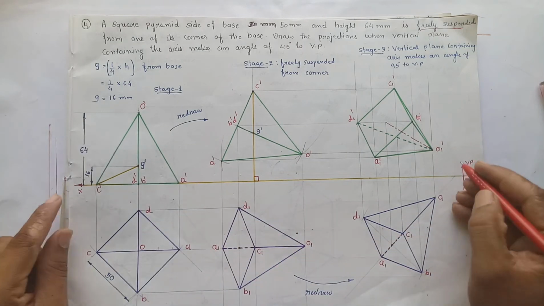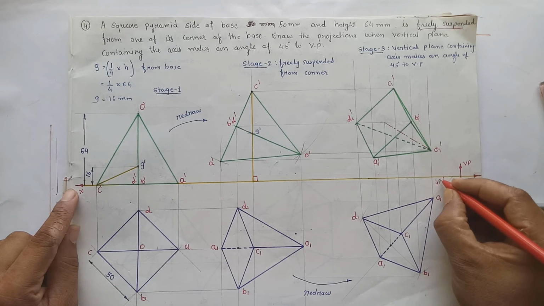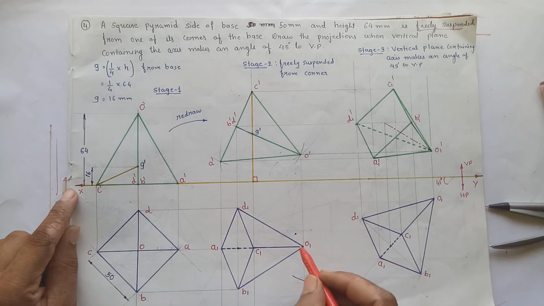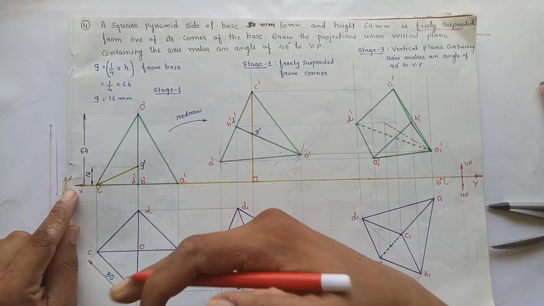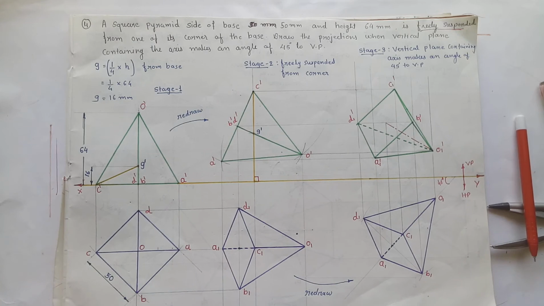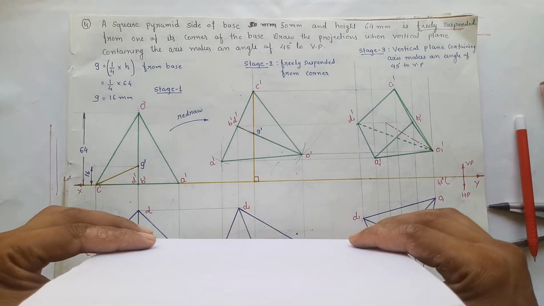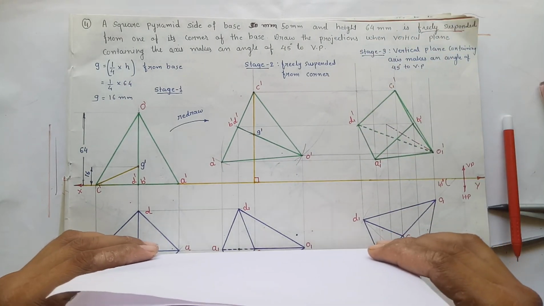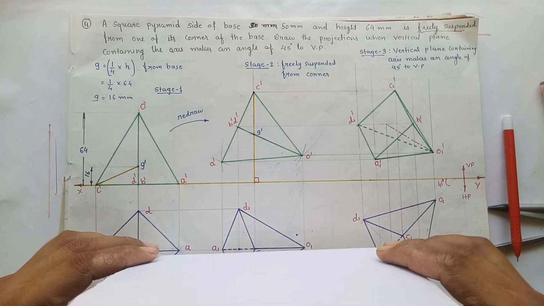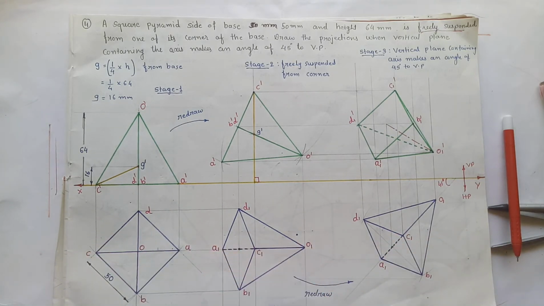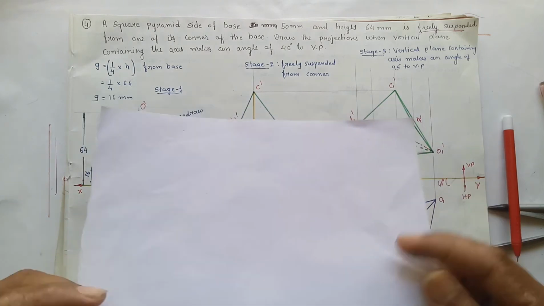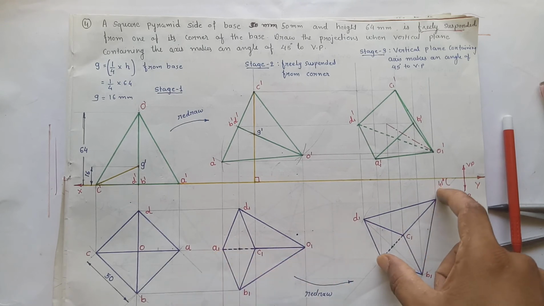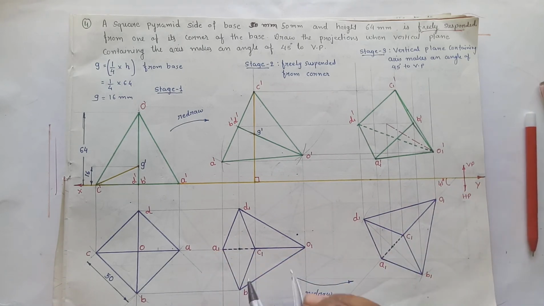So now we have to incline this figure at an angle of 45 degrees, and the line that we have to incline from this figure is the line which our vertical plane will contain. So here it is given, vertical plane containing the axis. If we draw the vertical plane containing the axis, it will also contain O1C1 and O1E1 like this. See, you can see it, vertical plane. So now we have to incline this line O1C1A1 at an angle of 45 degrees, and we have to try to copy this figure over here.